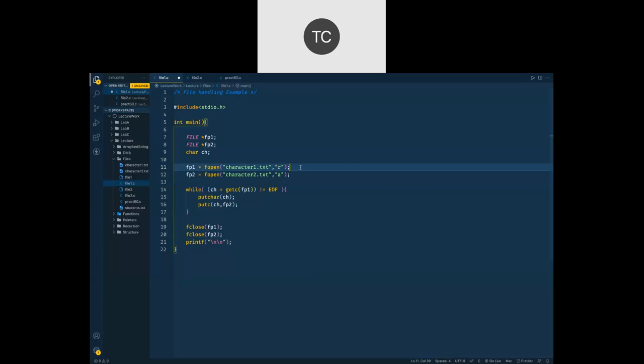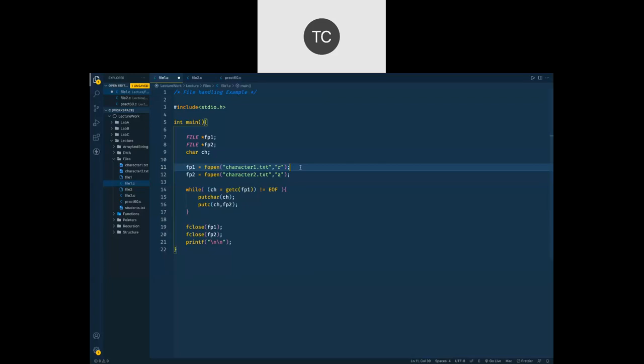Okay, and so on. There might be some cases where you require both reading and writing operations. In that case, you go for R plus, W plus, or A plus. Read plus, write plus, append plus mode. So it will allow you to read and write both. Now the question comes, what is the difference between R plus and W plus? Both allow us to read and write.